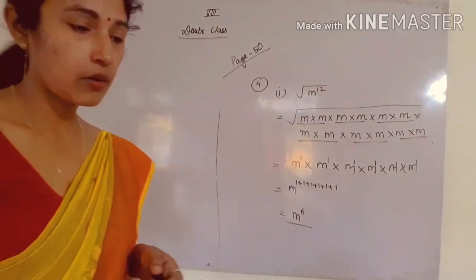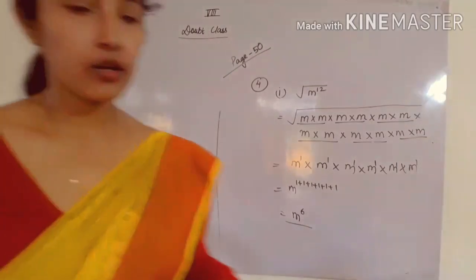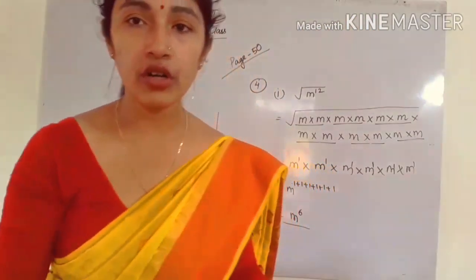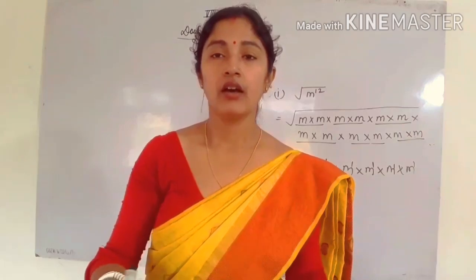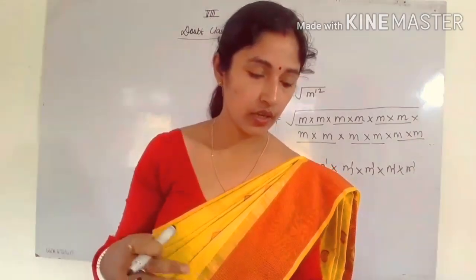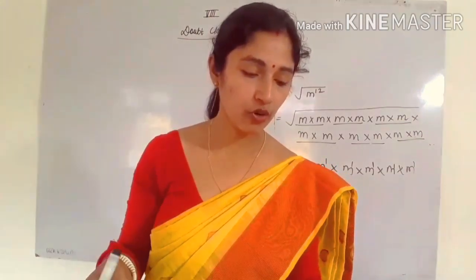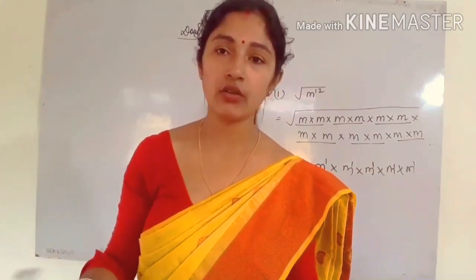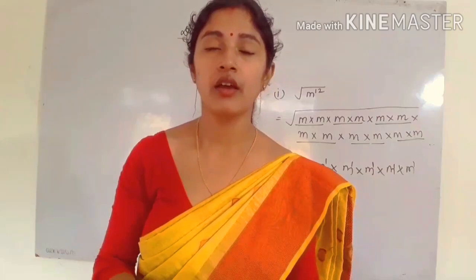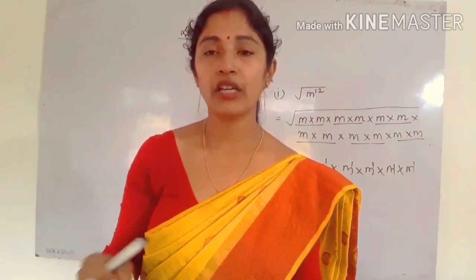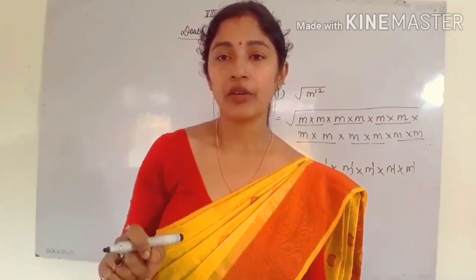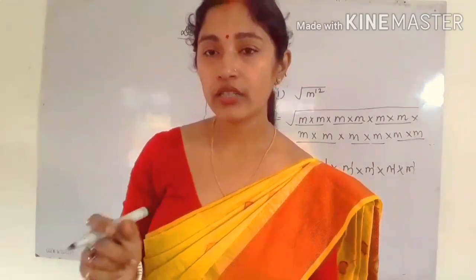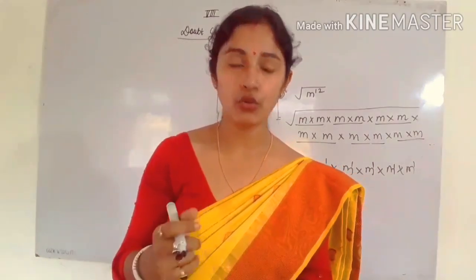So next is number 2. You have to do like this. Okay, number 2, 16 you can break it. You can write 4 into 4. So by that 4 will be taken out. Okay, next is x to the power 4. X to the power 4 you can write x into x into x into x. That means 4 times you can write x. So by that, if you do pairs, 2x will come out. So you can write x to the power 2.